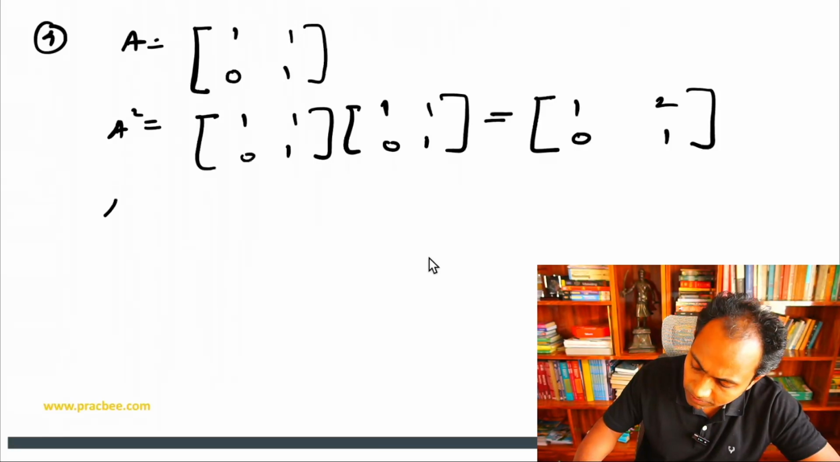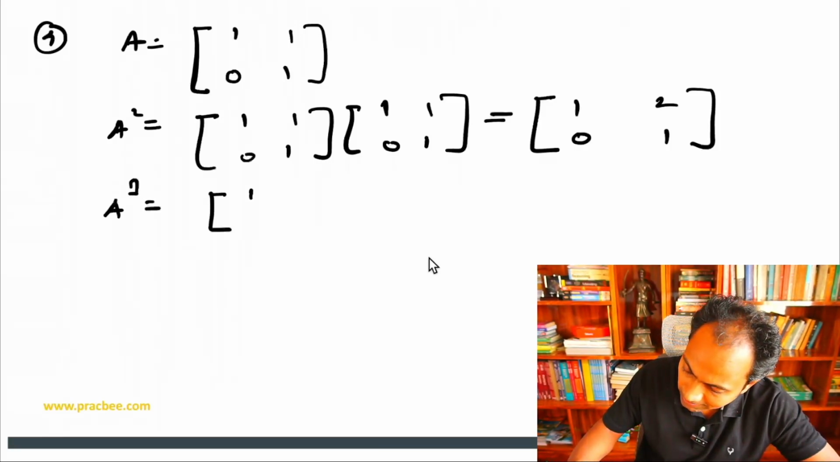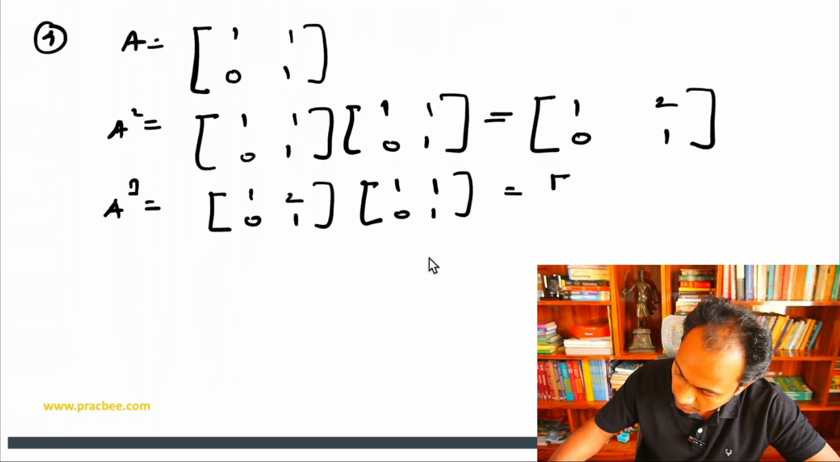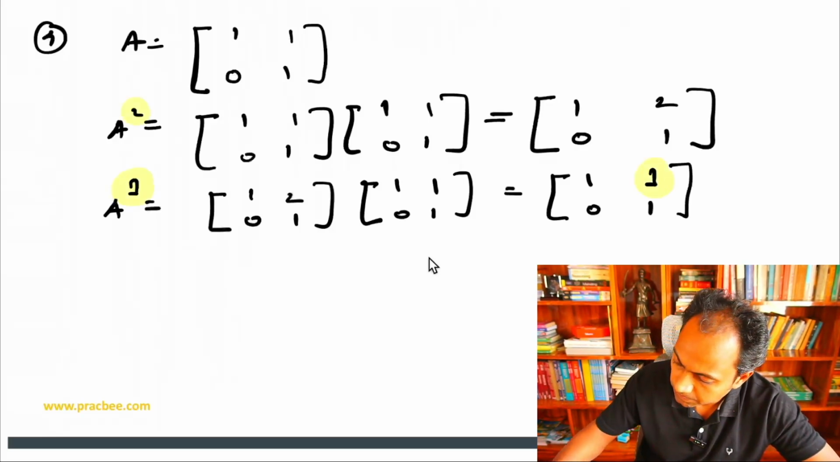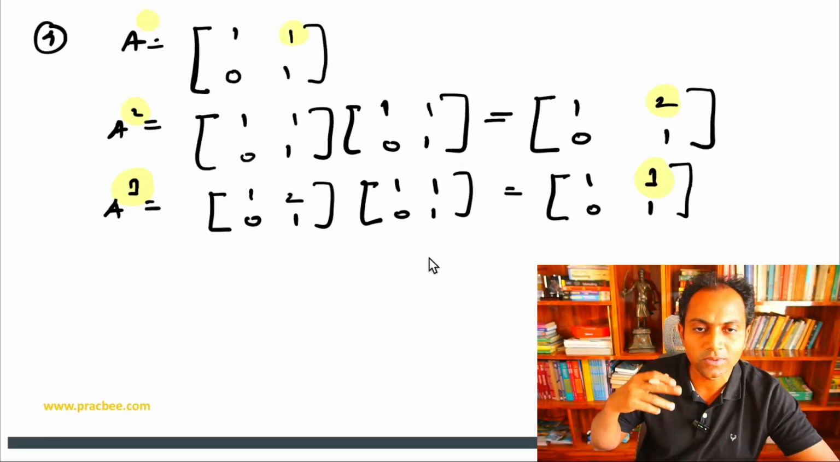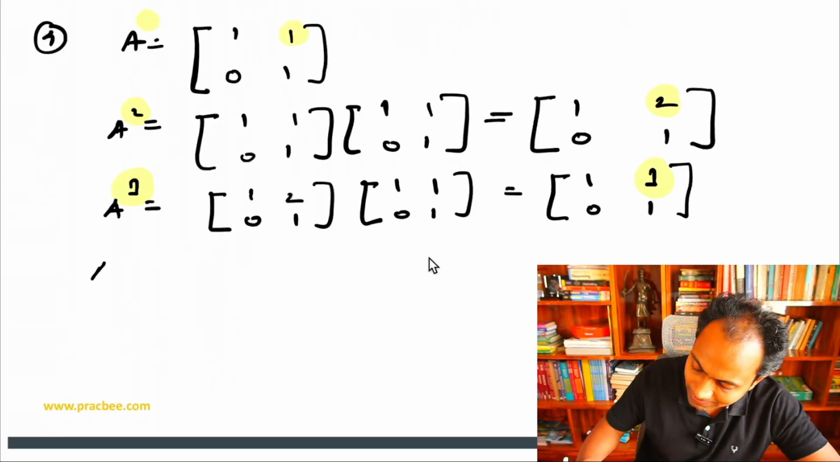Let us check one more time what will happen to A cube. I can take A square and multiply with one more A, that is 1101, and see what happens. If you figure this value out, it becomes 1301. You can see that whatever power we have here, the same number appears here. This is interesting to notice, because now, observing this pattern, we can tell that A2007 is going to become nothing but